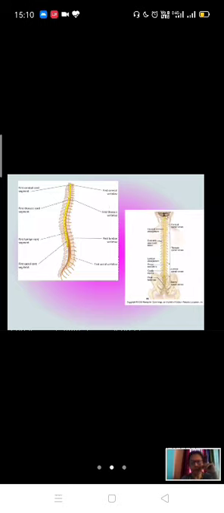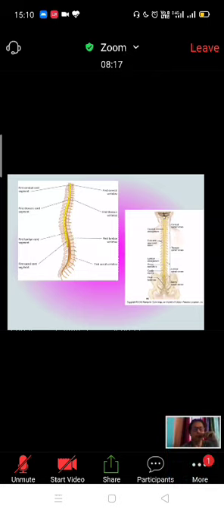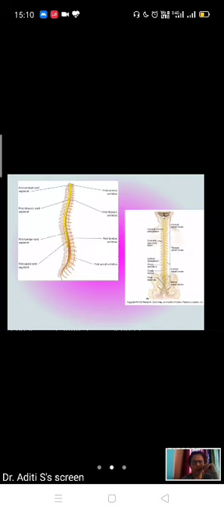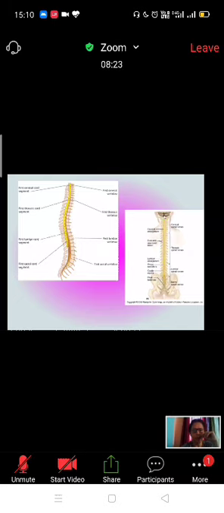It's a cylindrical structure, and it is situated inside the vertebral canal. It is actually continuous with the brain. It is a continuous part of the brain. It starts from here, see, foramen magnum of the medulla oblongata. It starts from foramen magnum below the medulla oblongata, and it continues up to the L2 segment at the level of the